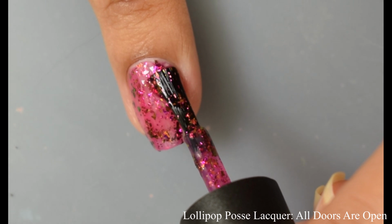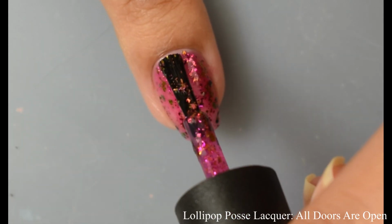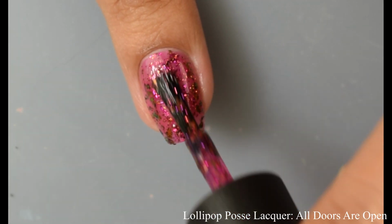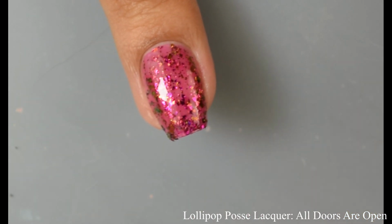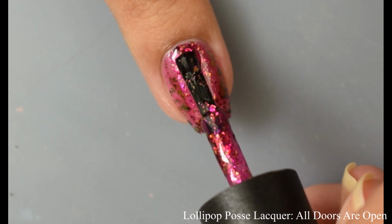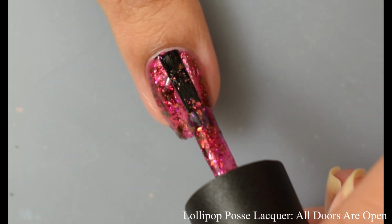This is really going to depend on your preference for how it looks in the end, as I feel like it does have that jelly-like feel when you wear it between 2 and 3 coats. So it'll look a little bit different. It'll definitely deepen out. But you can see here on that second coat, it plumped up really nice, and no matter what, you're going to get a ton of those flakes on your brush, and it's definitely a generous helping